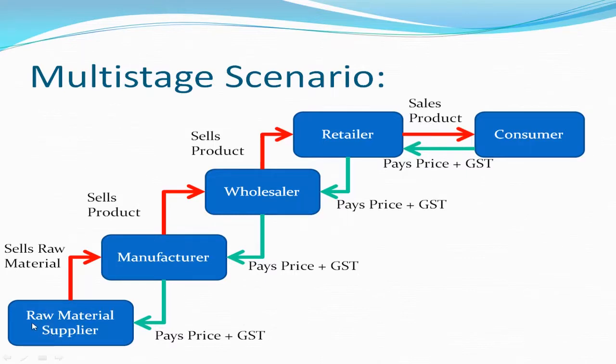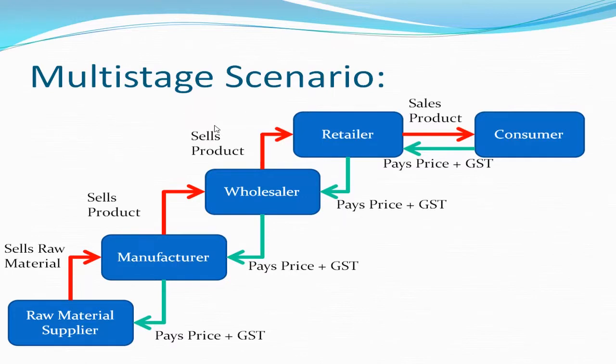So raw material supplier sells raw material to the manufacturer. Manufacturer manufactures some product and then the manufacturer sells the manufactured product to the wholesaler,